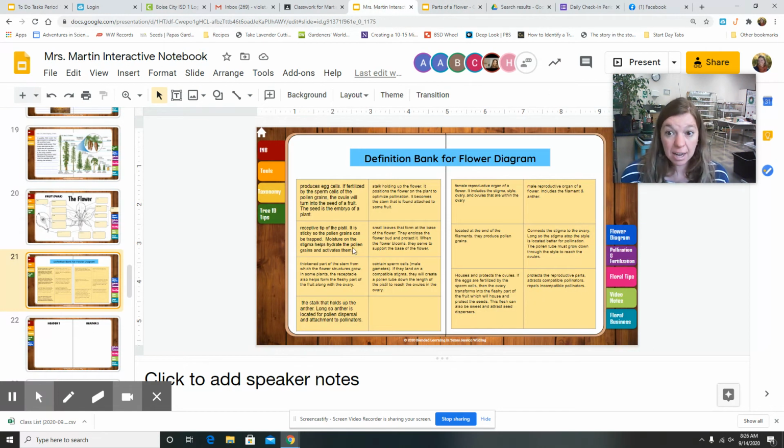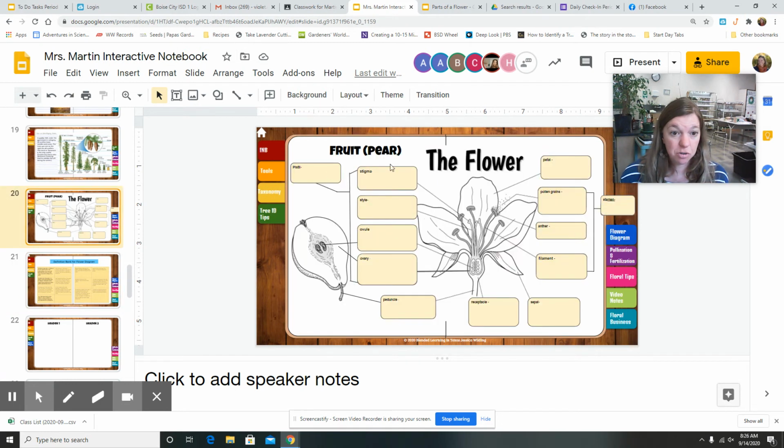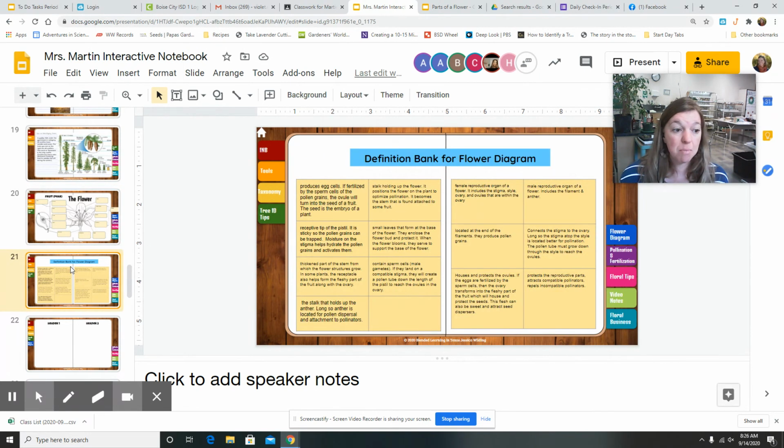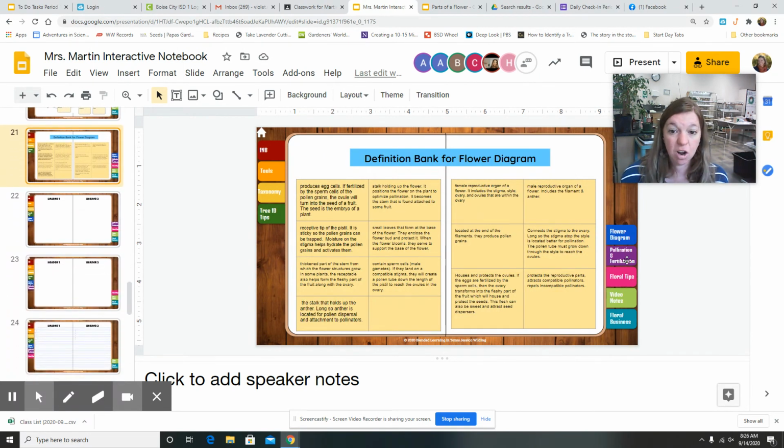So the next part that I want you to do after you fill this out, and we're going to have time to do this during multiple classes, so don't freak out if you don't fill it out. What I want you to do is click on where it says pollination and fertilization, this purple tab,